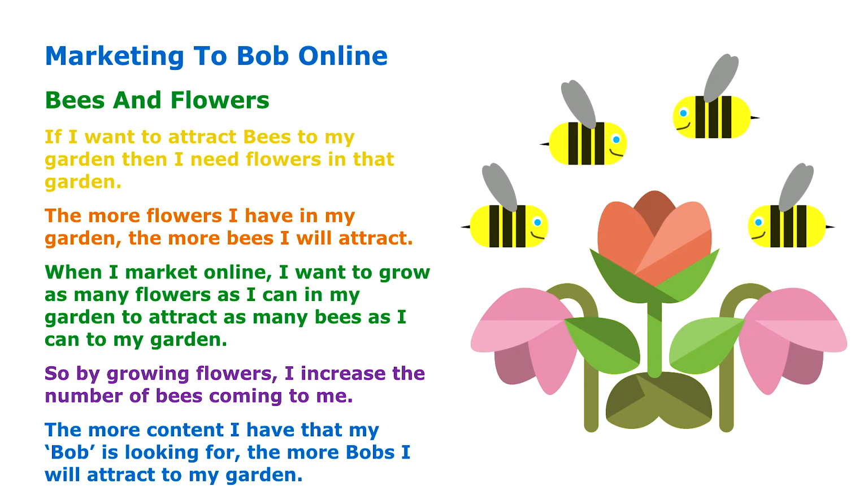So you might create a video on how to paint a wall. Now, all the Bobs that are trying to know how to paint a wall properly can now come to that content. So that bee will come to that flower. Now then you add another video on how to tile properly. And now you've got different bees coming to your garden. So let's just say you add some videos that shows Bob how to put wooden flooring in Bob's home. Now you've got some more bees. The more content you have, the more bees you're going to have in your garden.